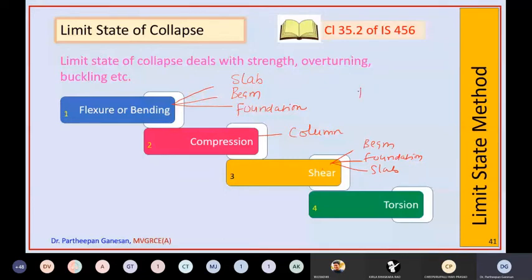If you take any beam or slab, when it is subjected to load, you have a bending moment diagram and a shear force diagram. This entire thing you studied in your SM, right? So you will be designing for the maximum shear force using this shear concept. You will be designing for the maximum bending moment using this bending concept. And in SM2, you studied compression and buckling of columns, because you will find out the Euler's buckling load and all. So based on that, you will design the structure for compression. So compression you have column, and torsion is also there in the beam and slab.